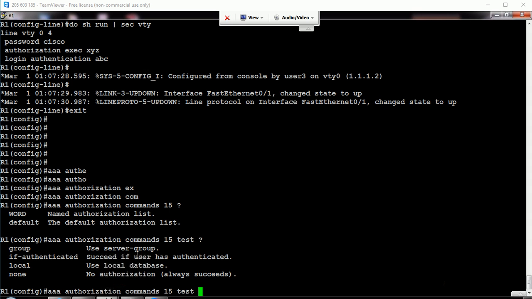That's a double task. Instead, if L1, L2, L3 are all at 15, they can see all the commands with a question mark, but command authorization will restrict them to typing only certain commands. That is what we are going to do with the AAA server.